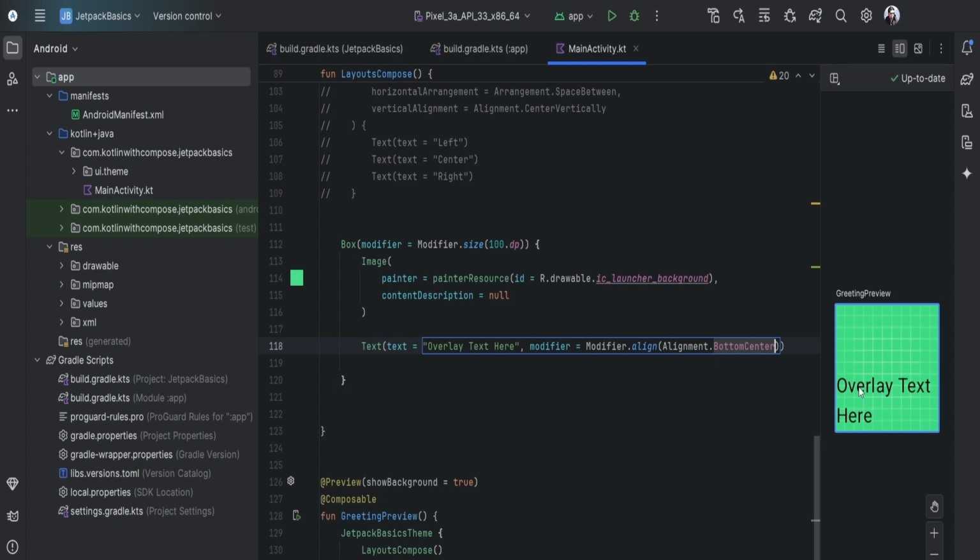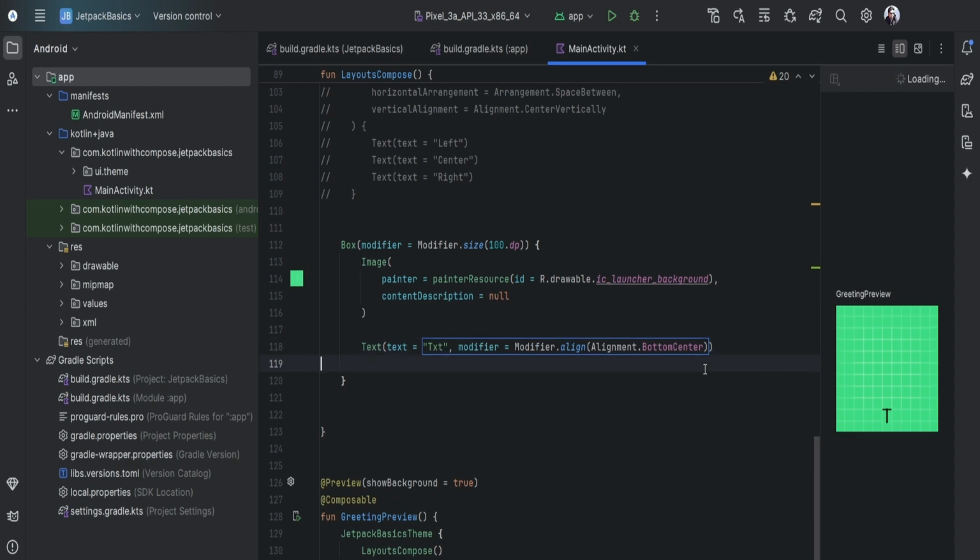Okay, the text is at the bottom, but the text is so large, so let's cut it. So just write txt. So you can see it's bottom centered, so we can align like this in the box, and we can